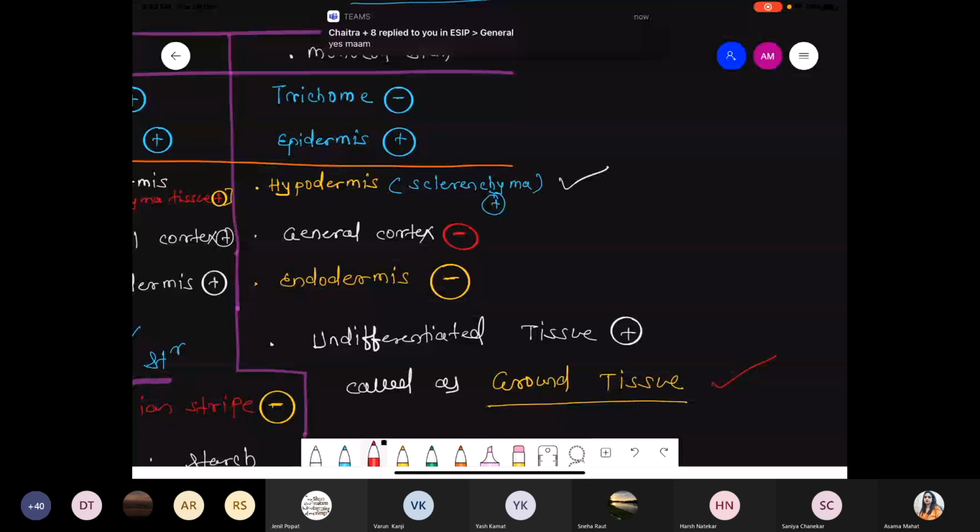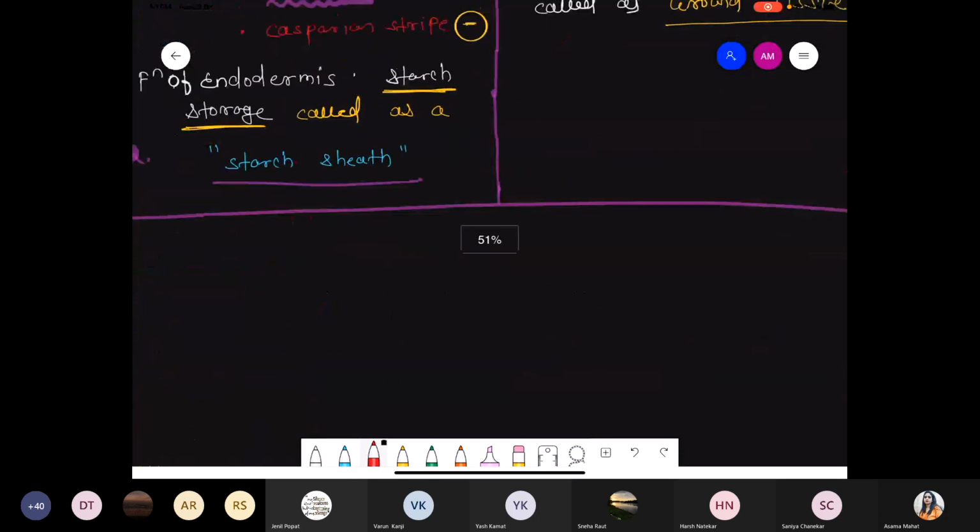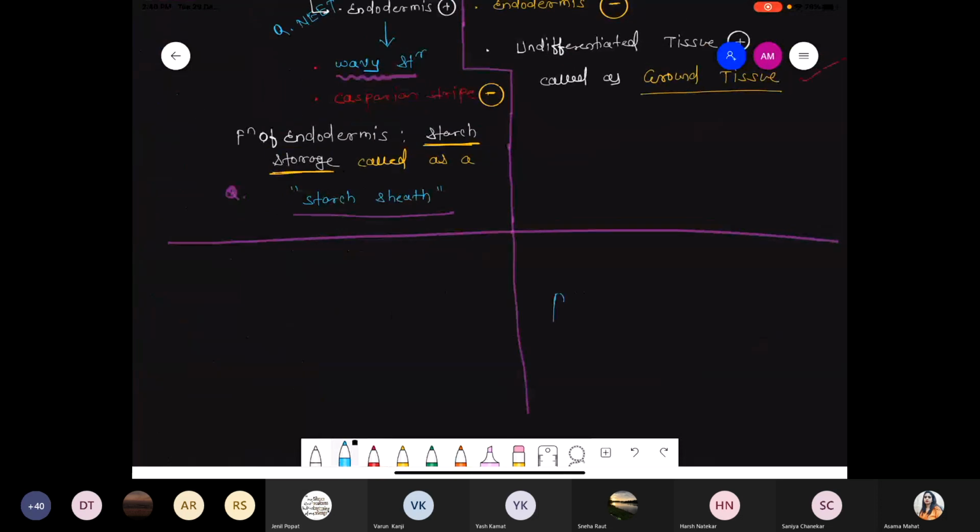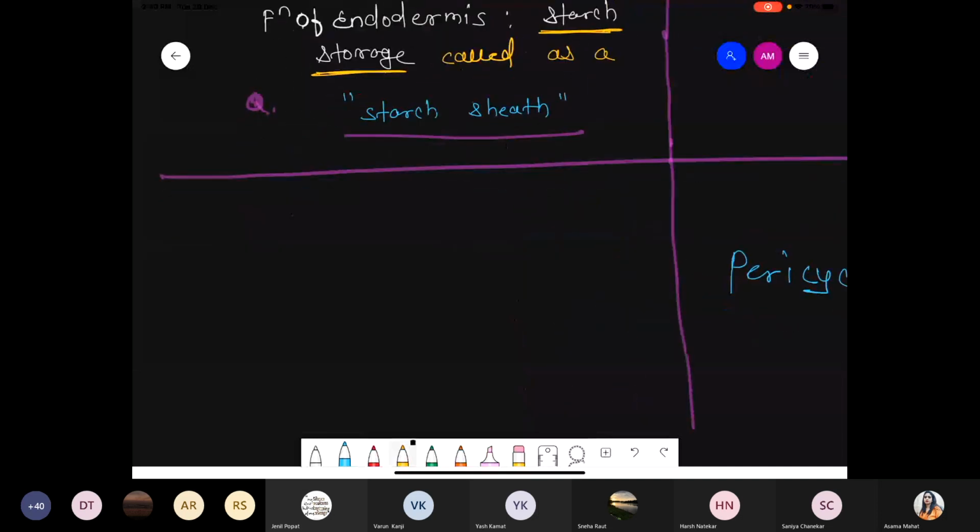Okay, chalo. Now, that is done. See, from the top: trichome, then epidermis, then hypodermis. Now we discussed the cortex; under the cortex: hypodermis, general cortex, endodermis. Now we are talking about below the endodermis. Now there is the presence of another tissue, that is pericycle. Chalo. The next part we are talking about is pericycle. In case of the monocot, pericycle is totally absent. Absent means no need for information, so we have to focus only on dicot stem.